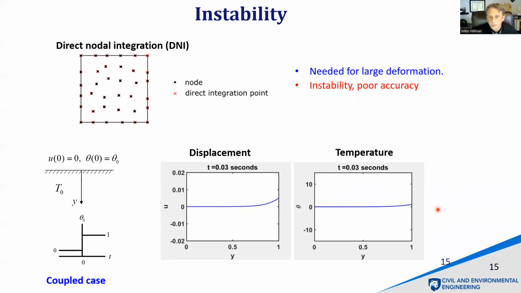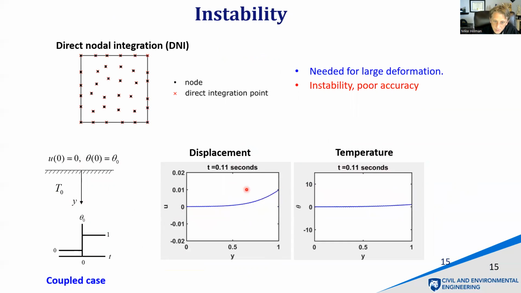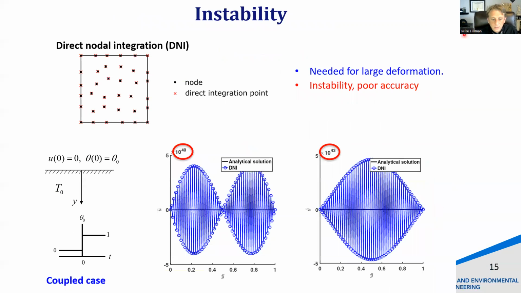Okay, let's look at this for thermoelasticity. Okay, very simple half plane problem. Okay, look at the displacement and temperature over time. I believe this is a quasi-static problem. And you can see that the displacement and temperature are getting unstable very, very quickly. Okay, if you keep running this, you'll find out that the displacements and temperature fields, the solution should be order 1 about. They get up to 10 to the 40th, 10 to the 43. Okay, so they're just getting